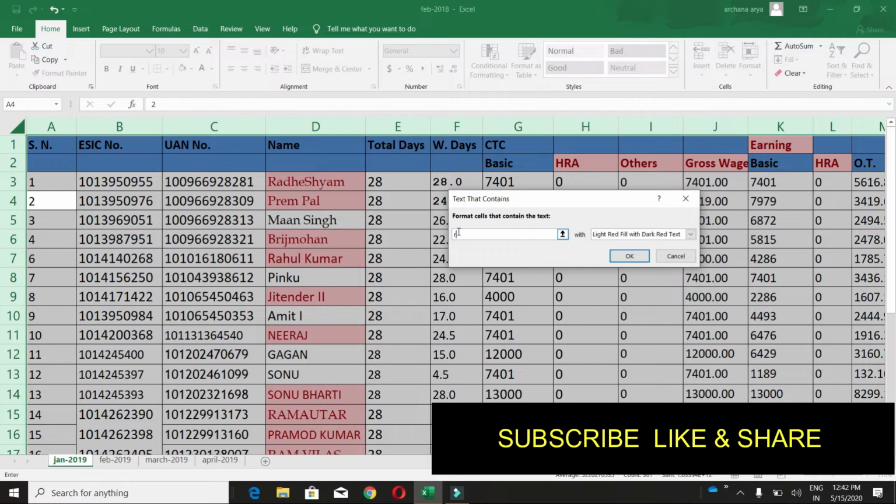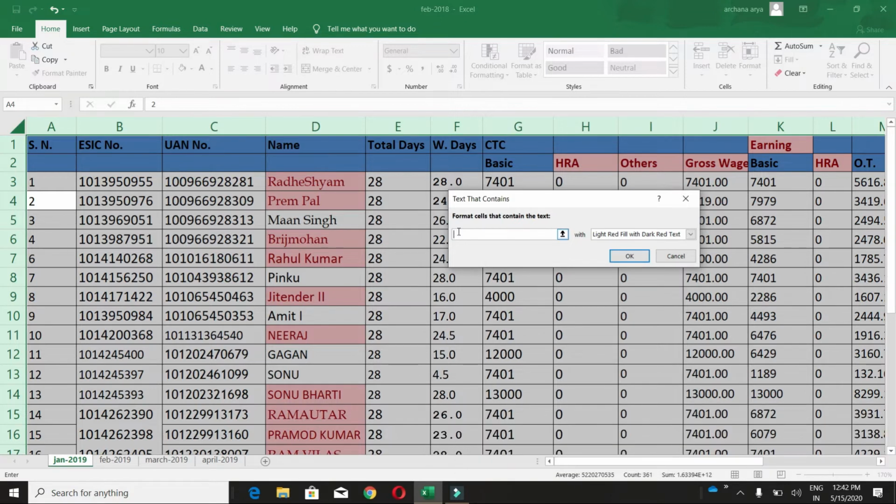So this is for text: whatever text you want to highlight or are searching in your sheet, you can enter here, like G. See, the cells containing G are highlighted here. Okay, so I am doing total here.